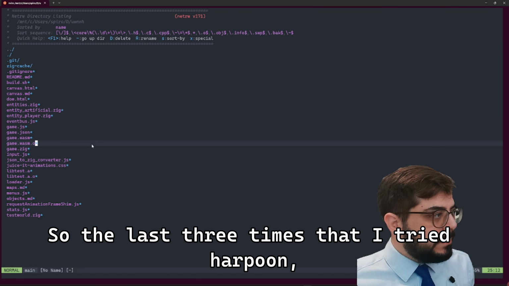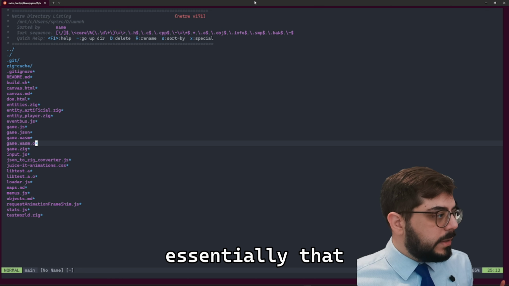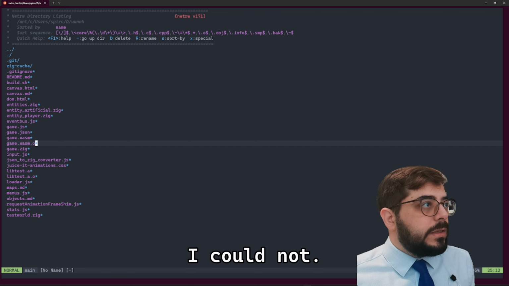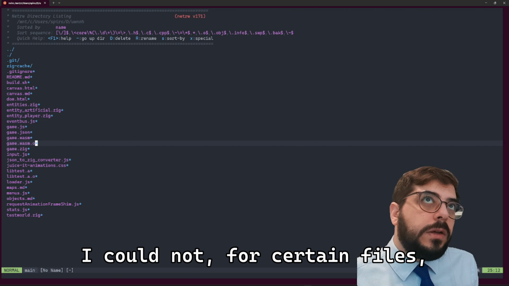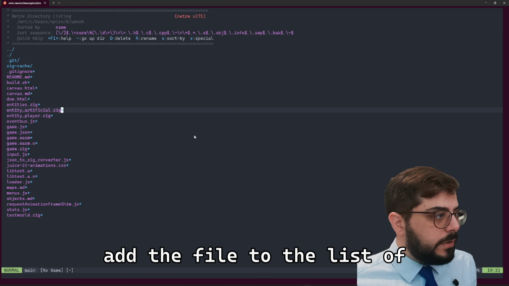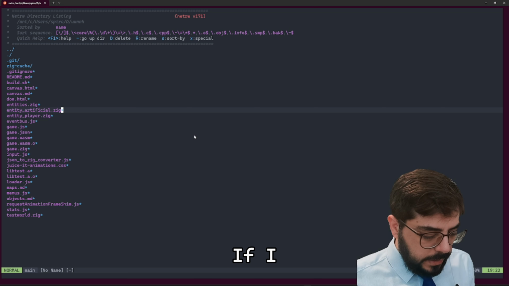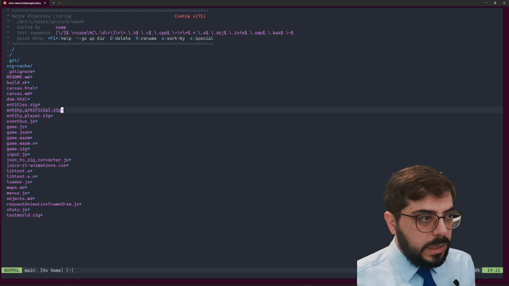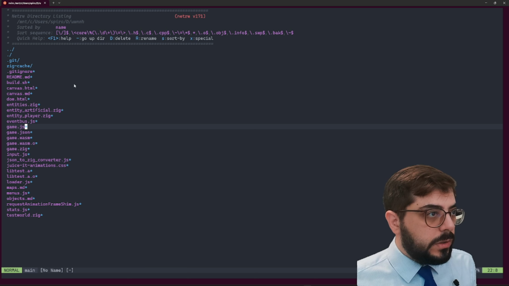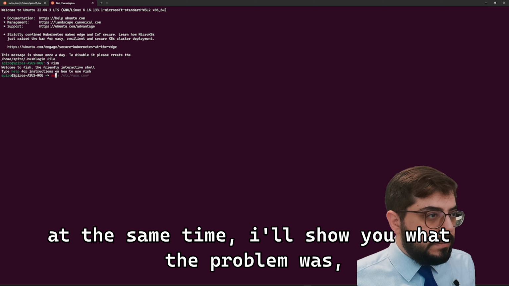So the last few times that I tried Harpoon, I had a problem. The problem was essentially that I could not, for certain files, add the file to the list of entries that Harpoon holds. If I go look at the actual Harpoon setup, because I've already forgotten all the keyboard bindings, at the same time,